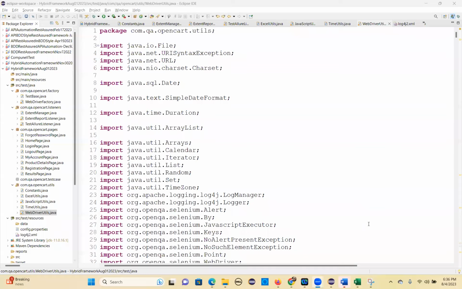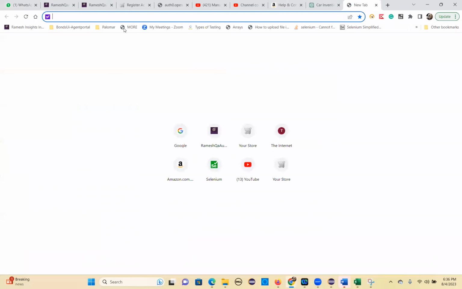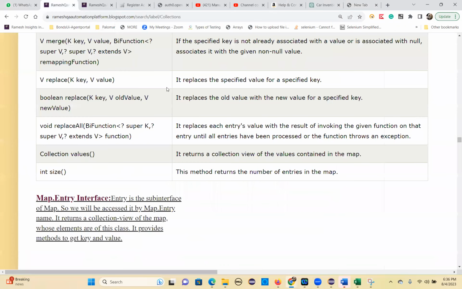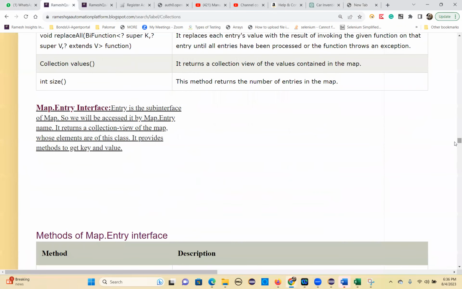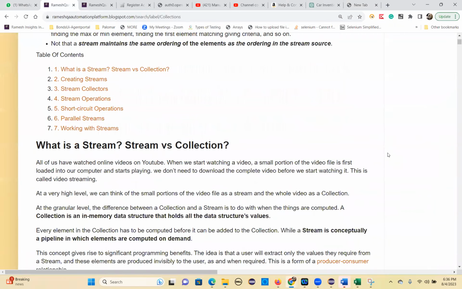And as part of testing, this is the crucial part. Another very important part is the database. So let me show you why you need a database. Why do you need a database? So if you see here,